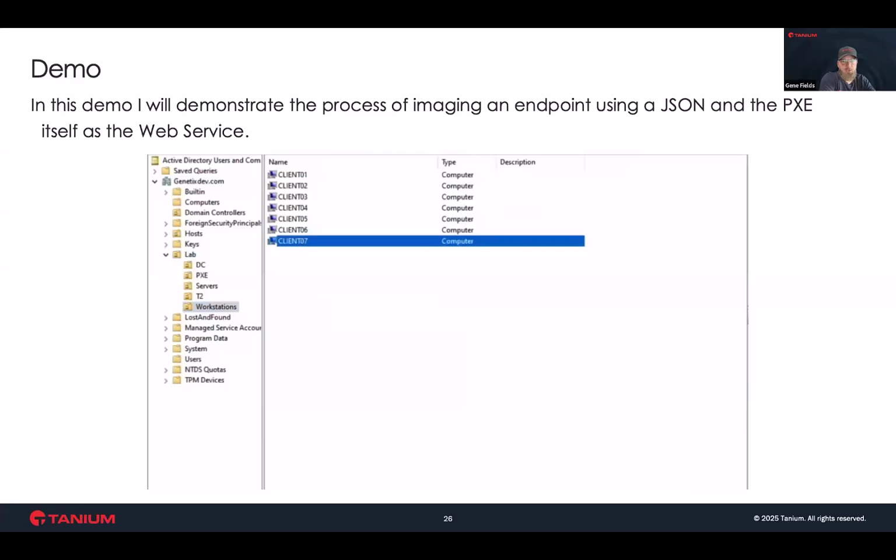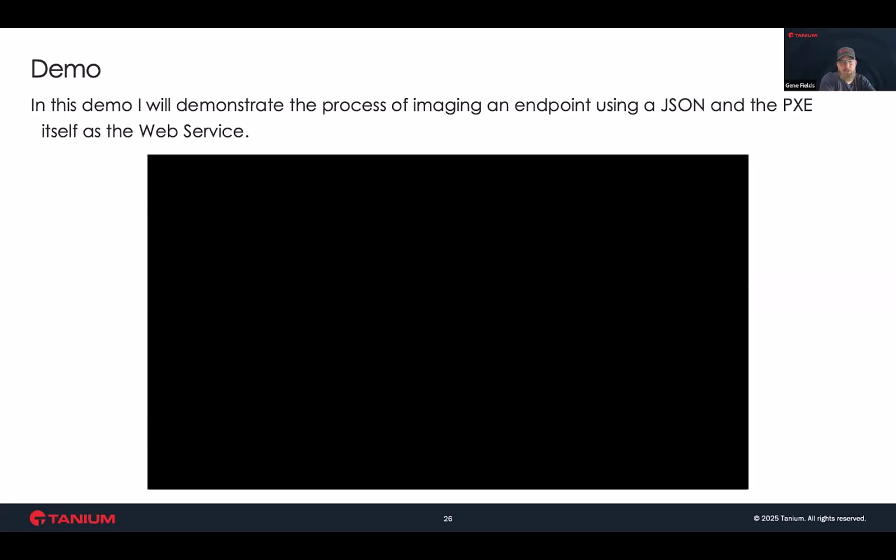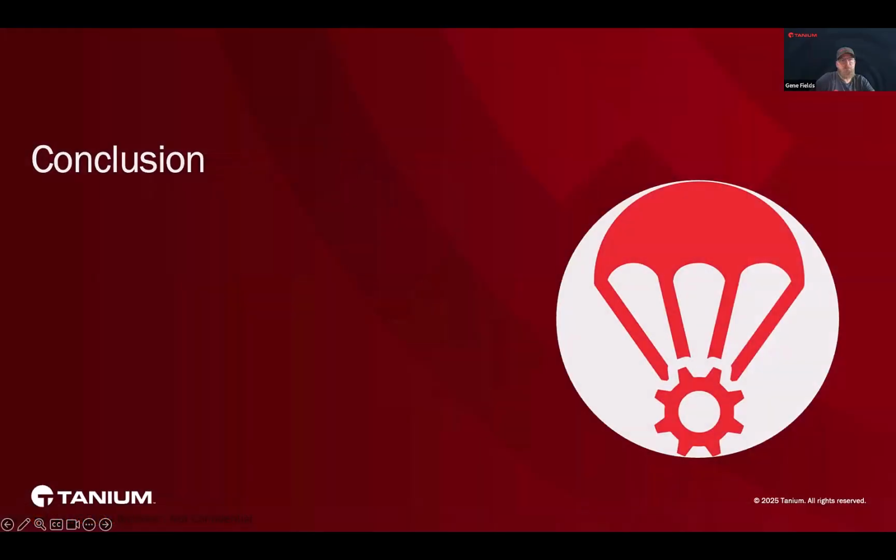So two ways I used to join this endpoint to my domain and throw it into the OU that I selected. One was by using the PODE database. The other was by using a JSON file. In conclusion,